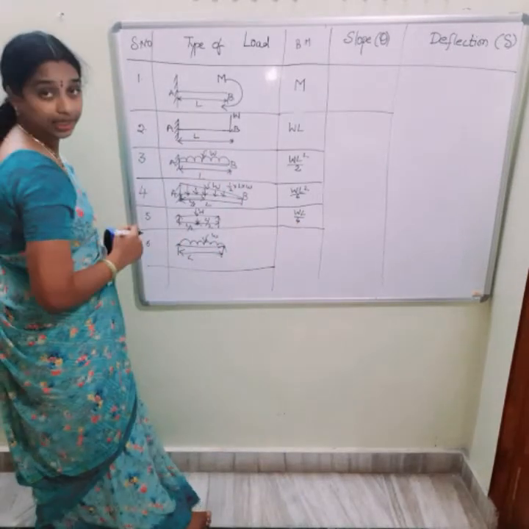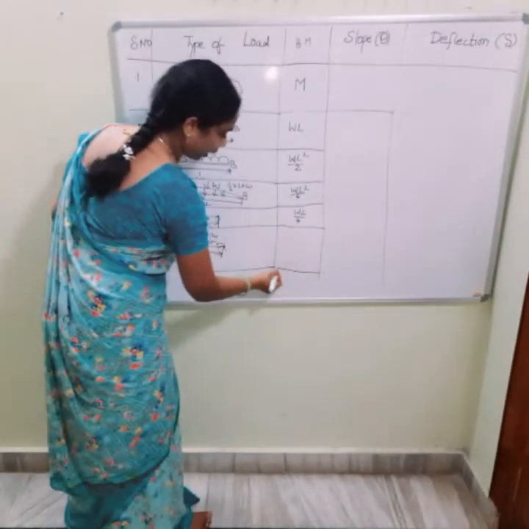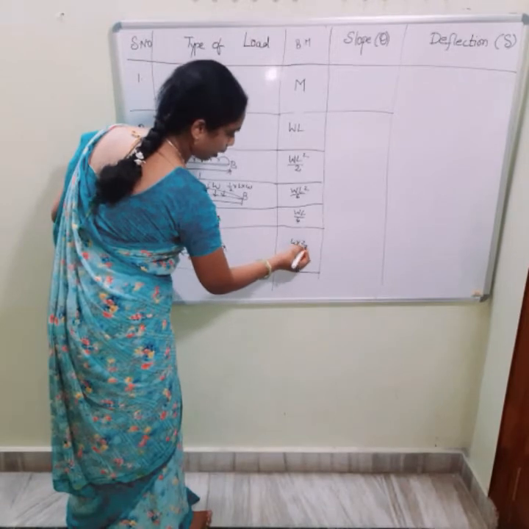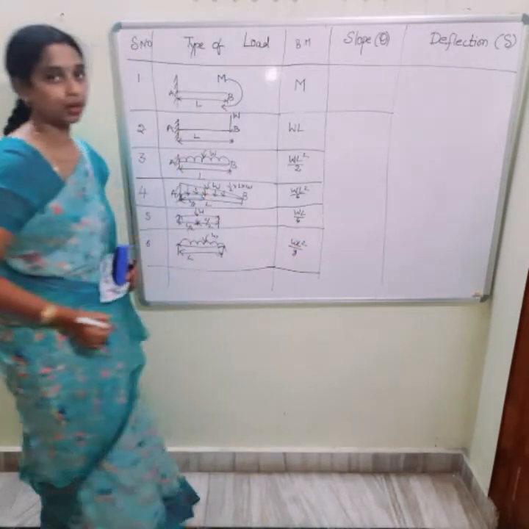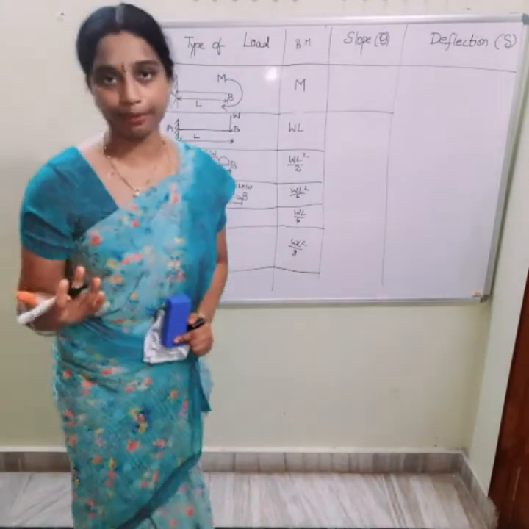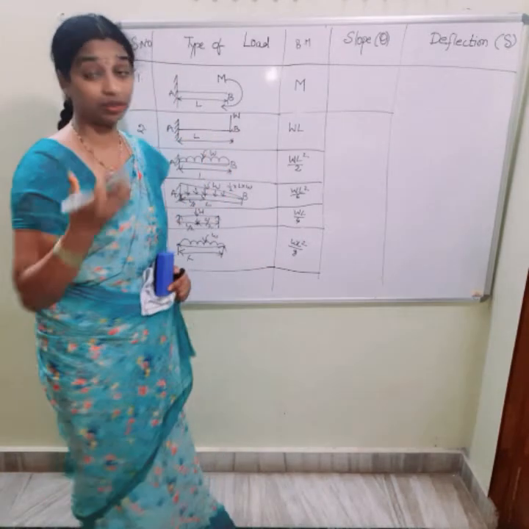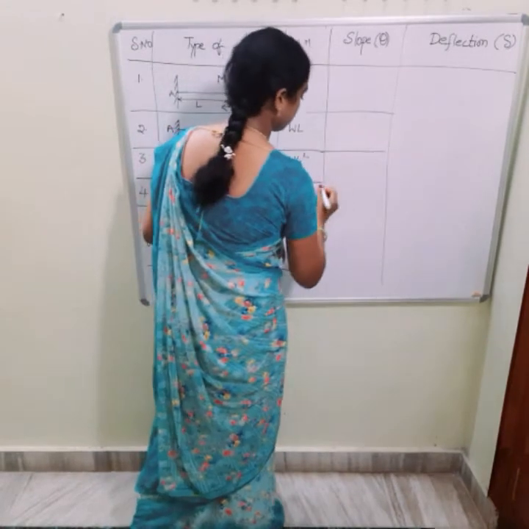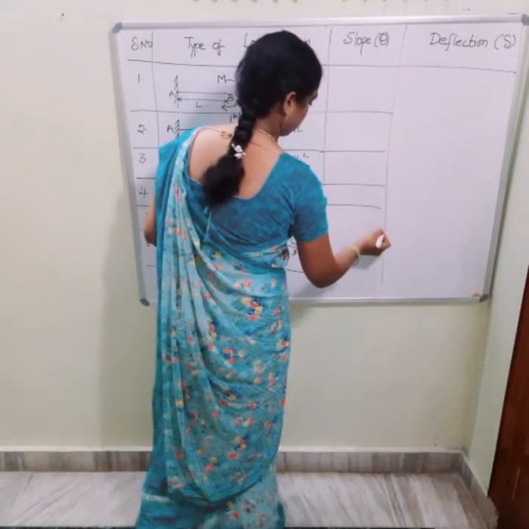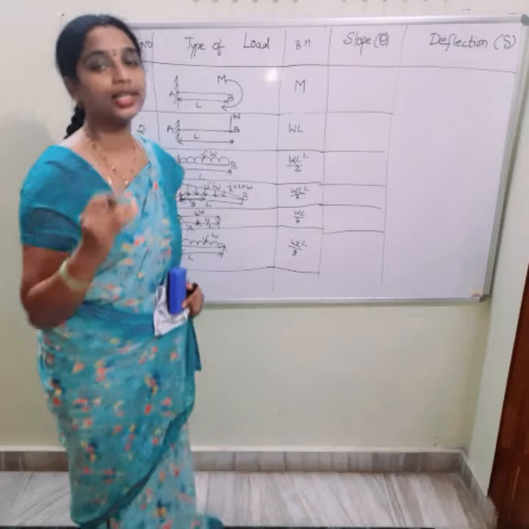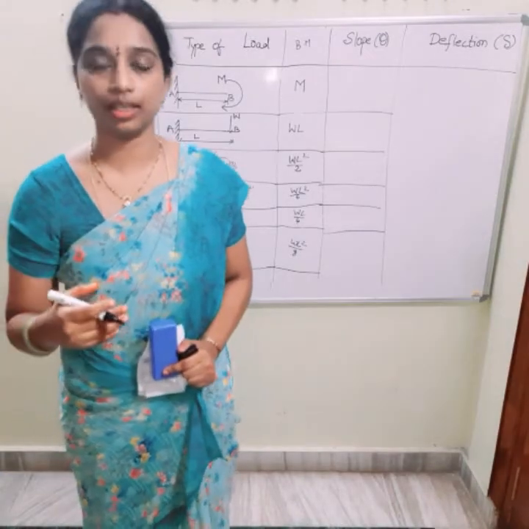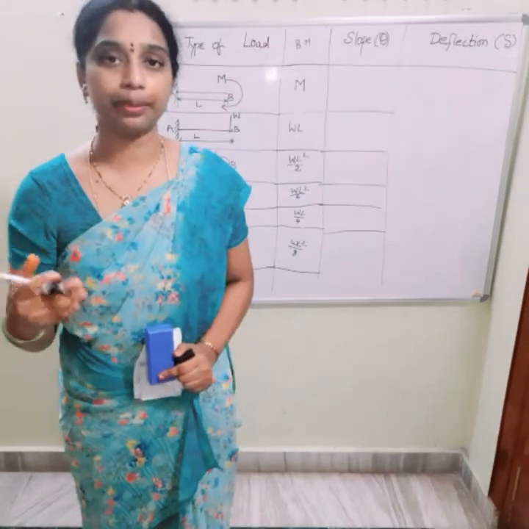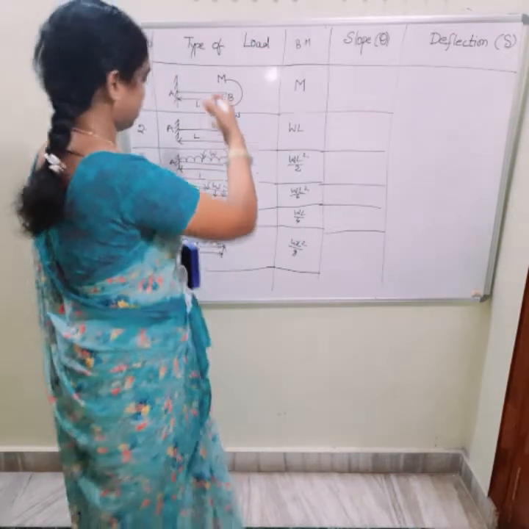First, for a UDL, what is the maximum bending moment? W L square by 8. These are the maximum bending moments. I think everyone will know already, right? So here I am calculating. Please follow the sequence I am saying so that you can easily remember these types of load conditions,